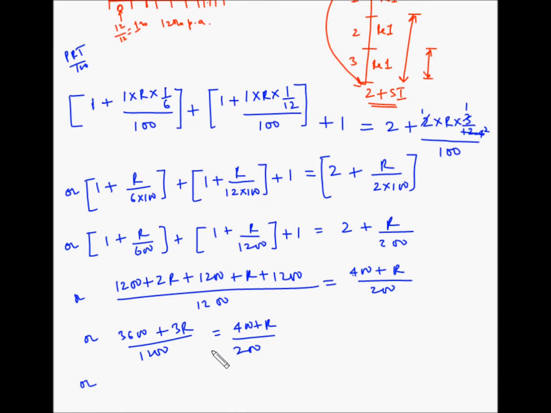So we can multiply both the sides by 200, so this 200 will get cancelled and this will become 6, so our expression now becomes